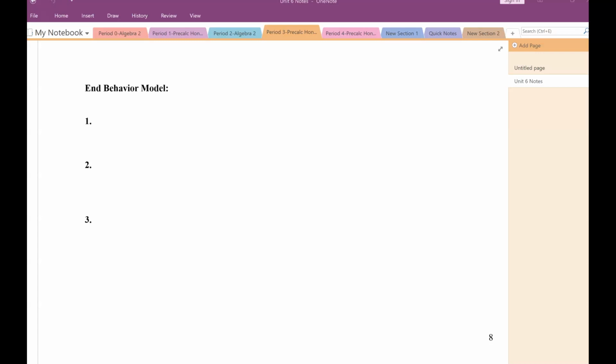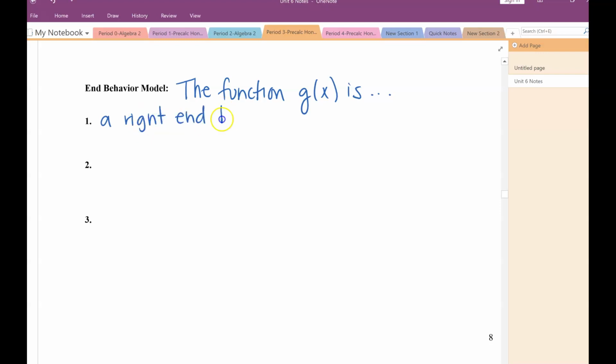Okay, so find this page in your notes. This page says end behavior model. So the definition says the function g of x is a right end behavior model for function